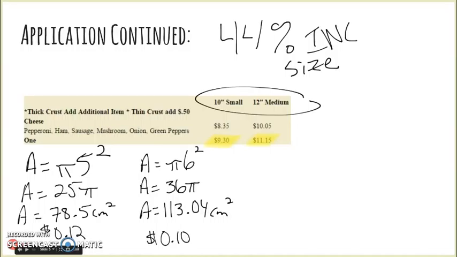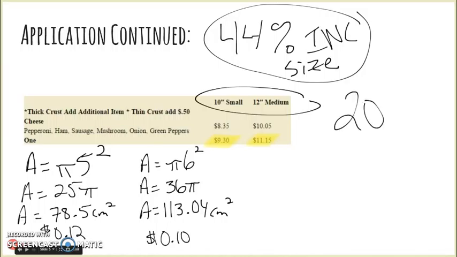Then lastly, I also did a percent change equation for the change in price, because if it's a 44% increase in size, if it's also a 44% increase in price, it's not really a greater deal. So if we took 11.15, I'll show you where I got these. If we took 11.15 minus 9.30 and then divide that by 9.30, we find a percent change in price to be 20%